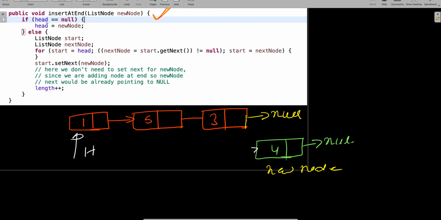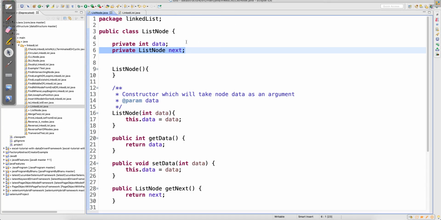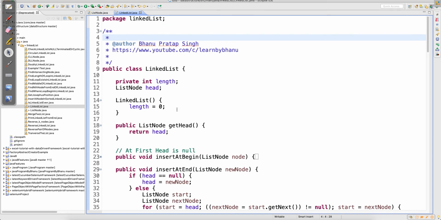Okay, so first it will check if the head is equal to null. When you are writing code, make sure that you are putting in all the checks and balances. When head is equal to null, it means your list is empty, there is no data in the list. Let's say you don't have anything in your list, so in that case what will the head be? Head will be null. Let me explain through code also. Remember this line I said, you have head, right? When you have not added any object, your head will be pointing to null, right?